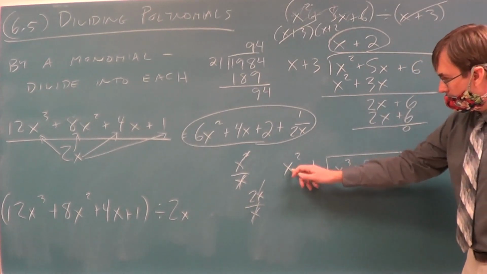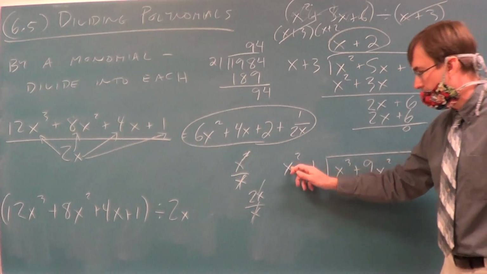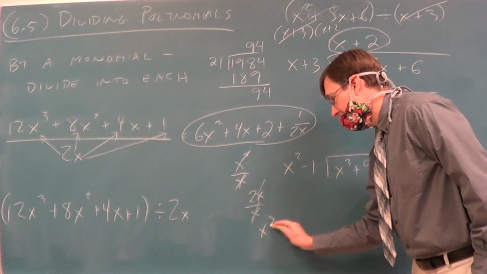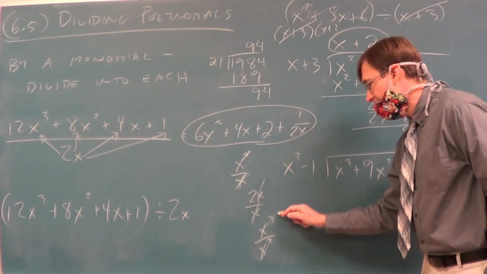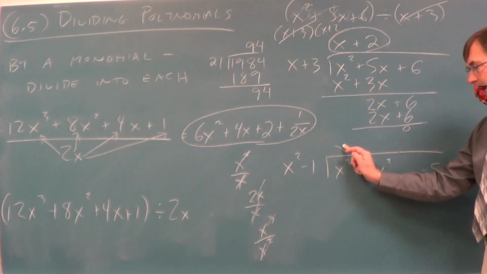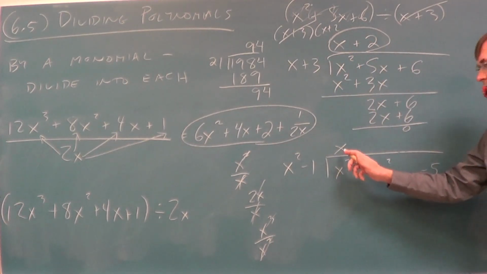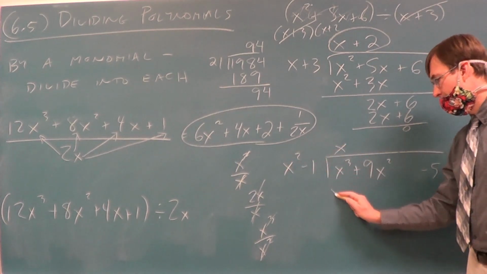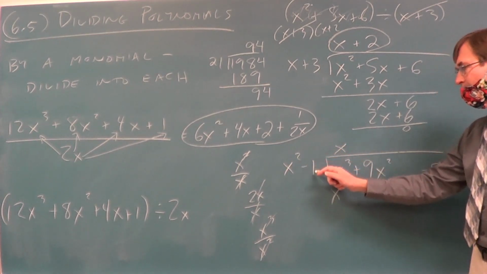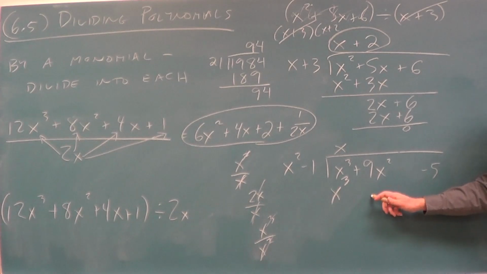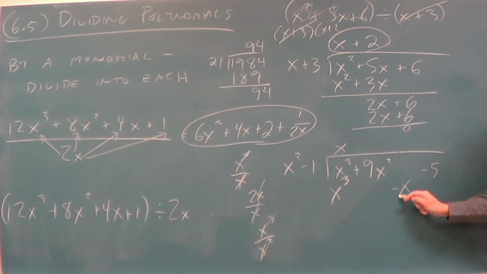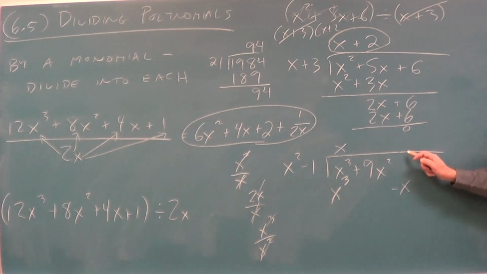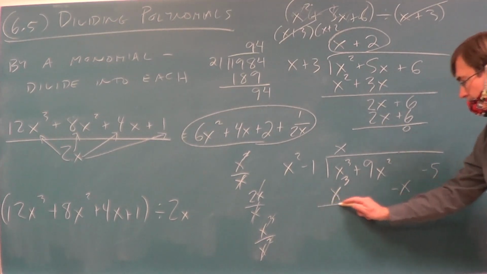Again, divide the leaders. X cubed divides x squared. So if you think about x cubed divides x squared, you think about the canceling that would happen. This x cubed wins by an x. This top multiplies everybody, so x cubed minus x. I'm not going to put the minus x with the x squared because that's unlike. I'm going to put the minus x where I left a gap for all the x's to go, and then